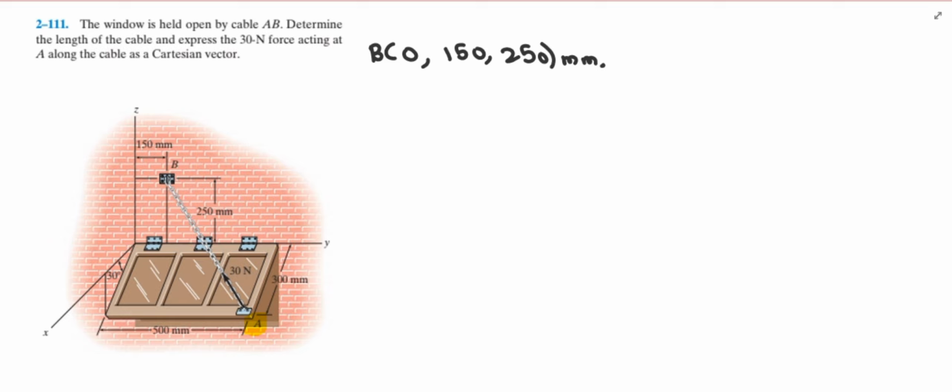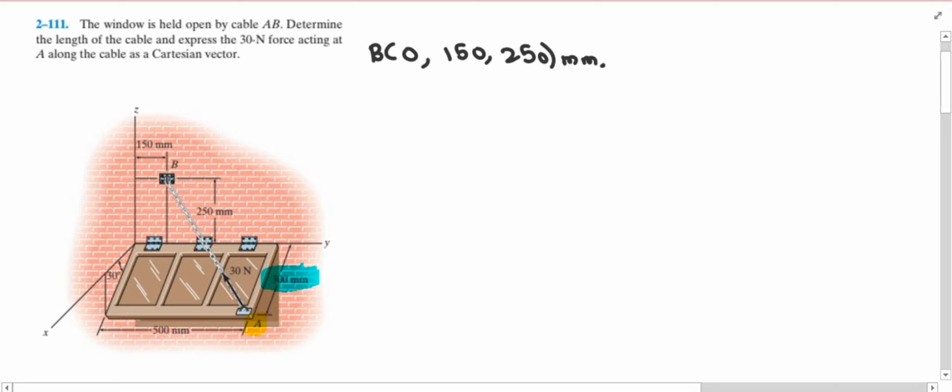If you see carefully on the question diagram, this 30-degree angle is given to us, and with the help of this 30-degree angle we can easily find out the value of x and the value of z present in point A. And if you see more on this diagram, this 300 millimeter distance is given to us. So with the help of free vector, I easily displace this 300 millimeter distance to here. So this is also the 300 millimeter distance right here, and this is our 30-degree angle. Now I'm extracting this triangle into here, and it may look like this.